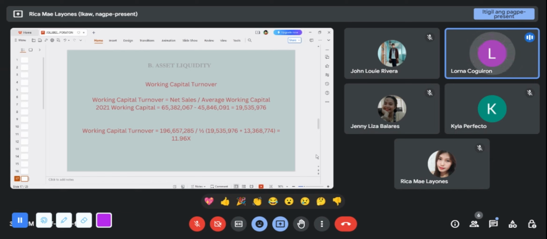The 2021 working capital is 19,535,976 plus 13,368,774, divided by 2, then total divided by 19,996,657,800, equals 11.96. In 2021, Jollibee Foods Corporation is using working capital of